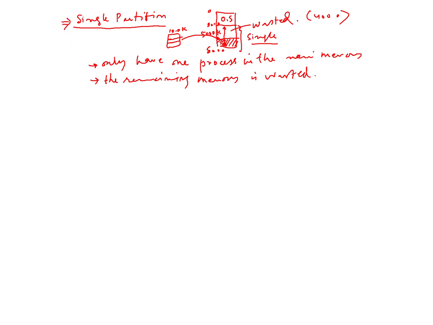Now remember that in single partition or multiple partition, the pages or the parts of a program are required to be stored in a consecutive way, right? Because this is one of the schemes under contiguous memory allocation. Okay. The second one we have